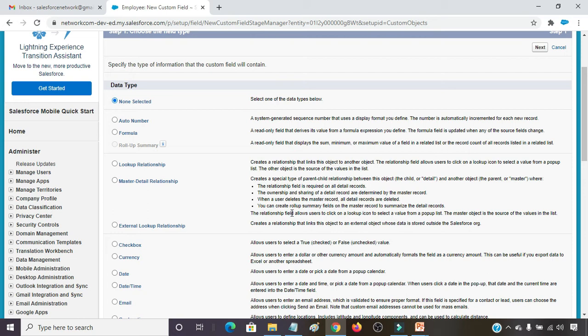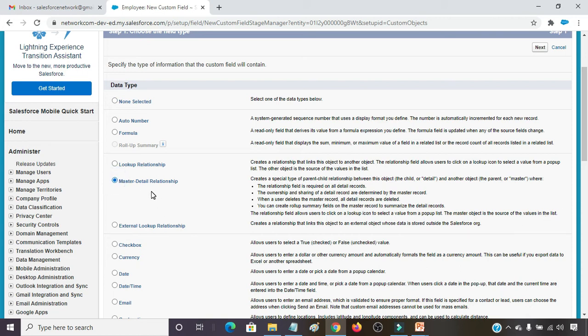You can create a roll-up summary field on the master record to summarize the detail records. The relationship field allows users to click on a lookup icon to select a value from a pop-up list. The master object is the source of the values in the list.